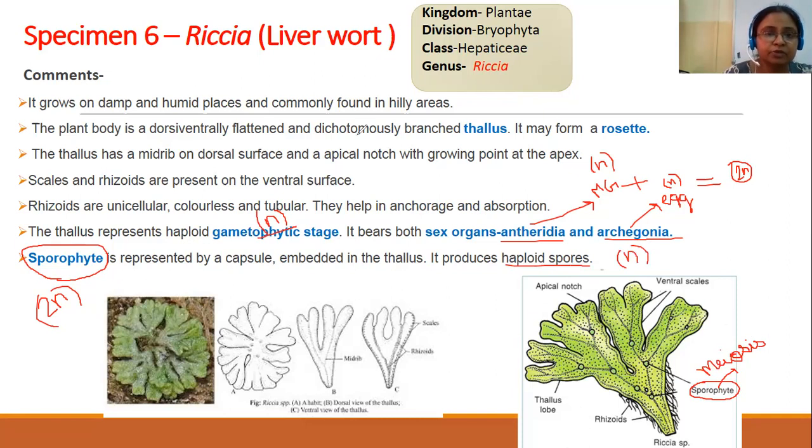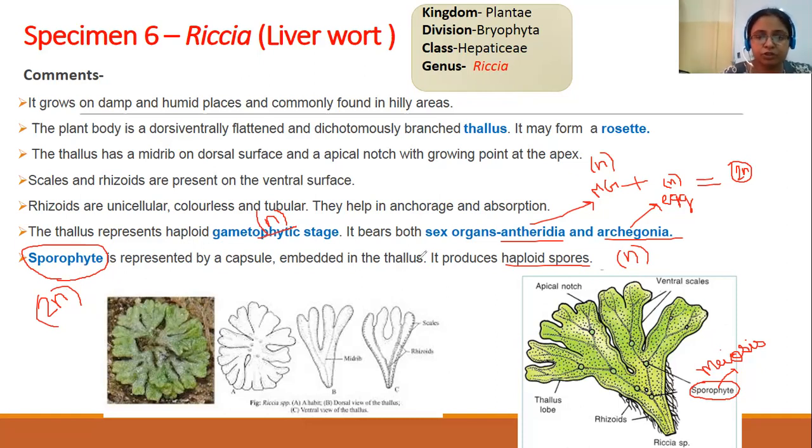So this is the best representative of the life cycle of a bryophyte. Its representative is Riccia. It begins its life cycle with the gametophytic stage, that is the N. It has the sex organs on it, male sex organ and female sex organ. The male sex organ produces antherozoids as male gametes. The female sex organ produces the egg. With the fusion of both of these, fertilization will take place, and the diploid zygote will form. It will divide mitotically. It produces a diploid body that is called a sporophyte, which is 2N. So now the gametophytic stage alternates with the sporophytic stage.